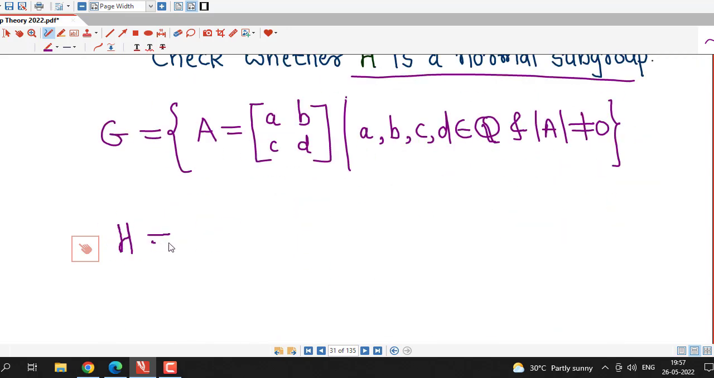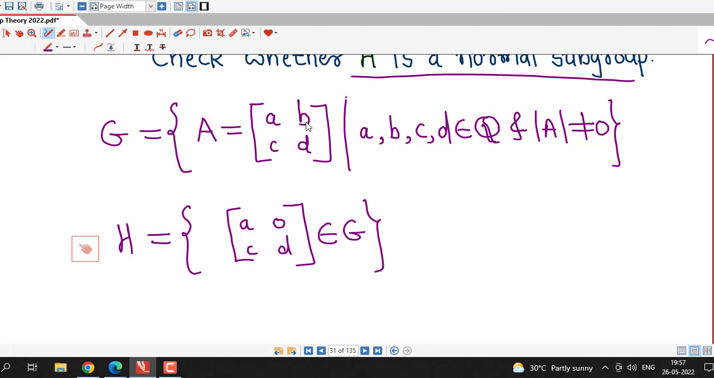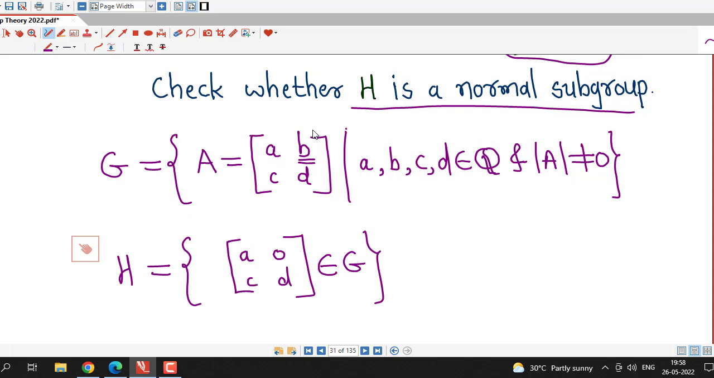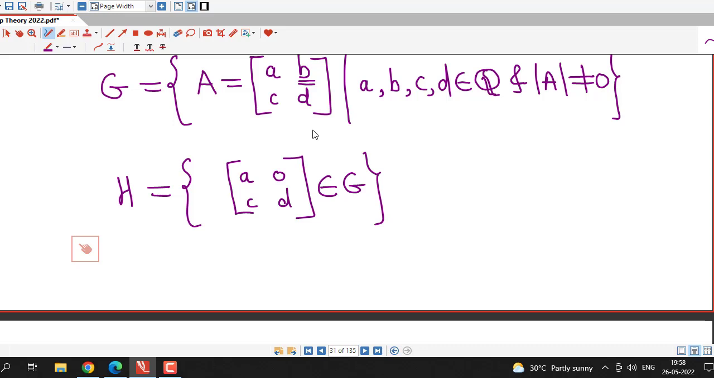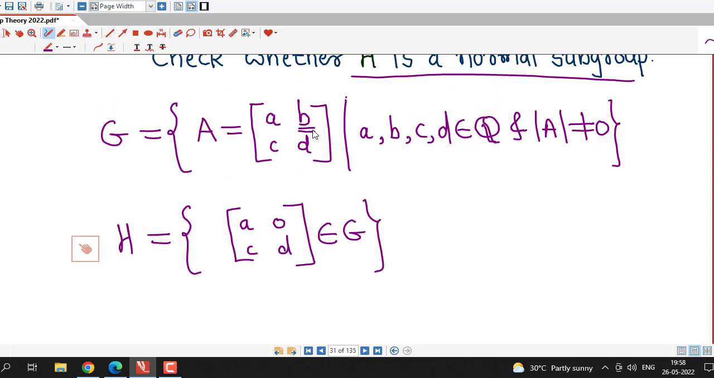So we write down H equal to the set of matrices of the form [A, 0; C, D]. From this group G, we have to collect elements whose upper right entry is 0. And here the question is whether this H is a normal subgroup or not. To check whether H is a normal subgroup,